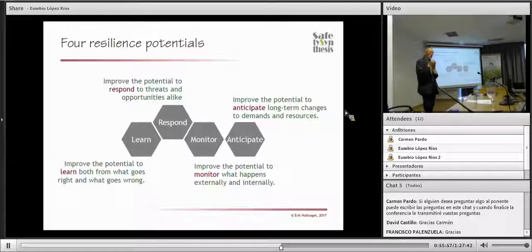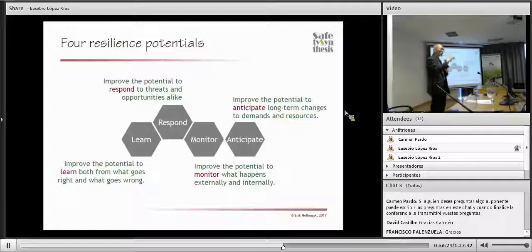You must spend effort to improve your ability to respond, improve the potential to respond. You must improve the potential to monitor. You must improve the potential to learn. You must improve the potential to anticipate. And this is a start for being more concrete, because instead of saying you should be more resilient, we can